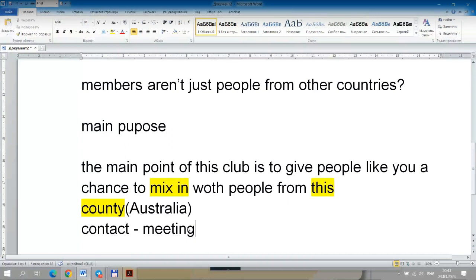Xo'p, menimcha javob tushunarli. Qolganlarini ham aytgan, lekin qolganlari asosiy purpose emas. Ya'ni do'stlashib ketganingizdan so'ng boshqa narsalar ham qilsangiz bo'ladi deyapti, lekin asosiy maqsad u emas ekan. Xo'p, menimcha hammaga tushunarli. Endi keyingi sectionga o'tamiz, section 2.